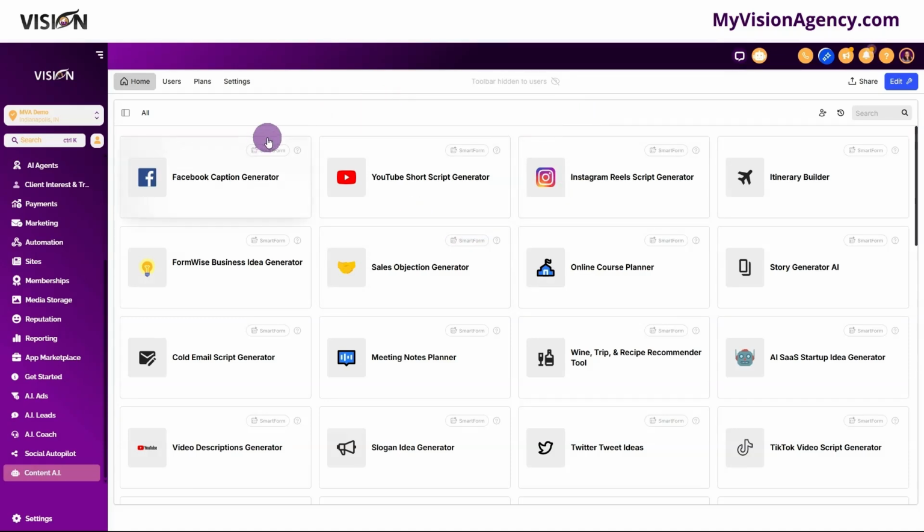I also want to show you how you can create a tool set like this of your custom GPTs and add it to your HighLevel account to use for your clients. This will increase the value of your HighLevel account, but it will also allow you to easily deliver custom GPTs